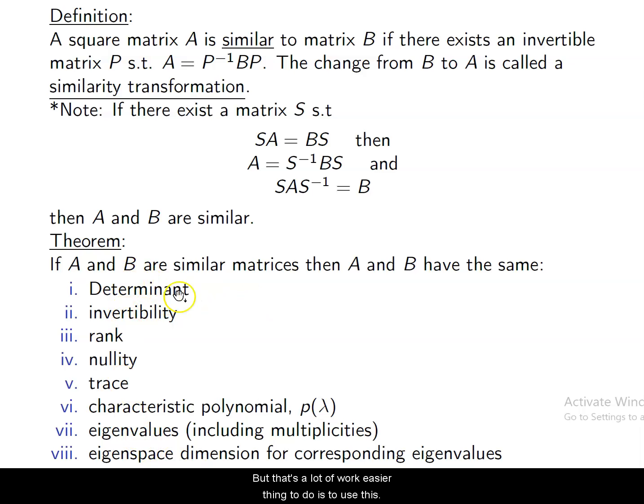But that's a lot of work. So the easier thing to do is to use this stuff here to show that two matrices are not similar. Use this definition here to show that two things are similar. Okay, so again,